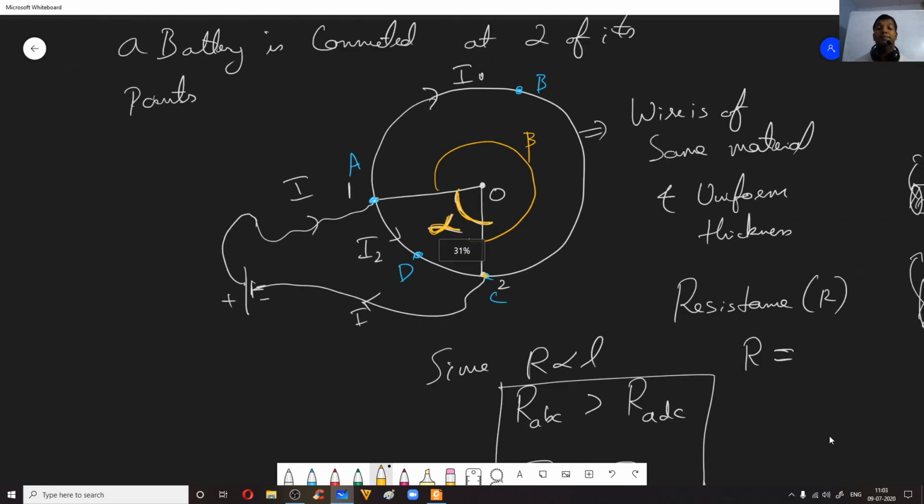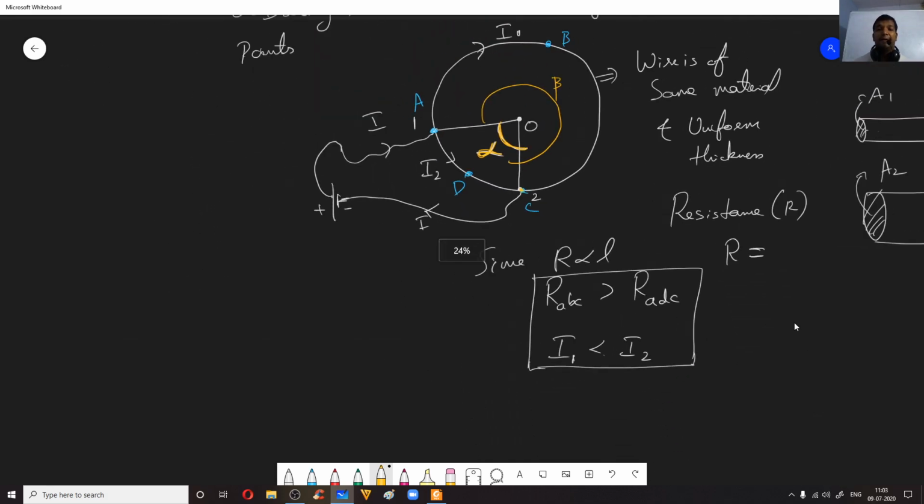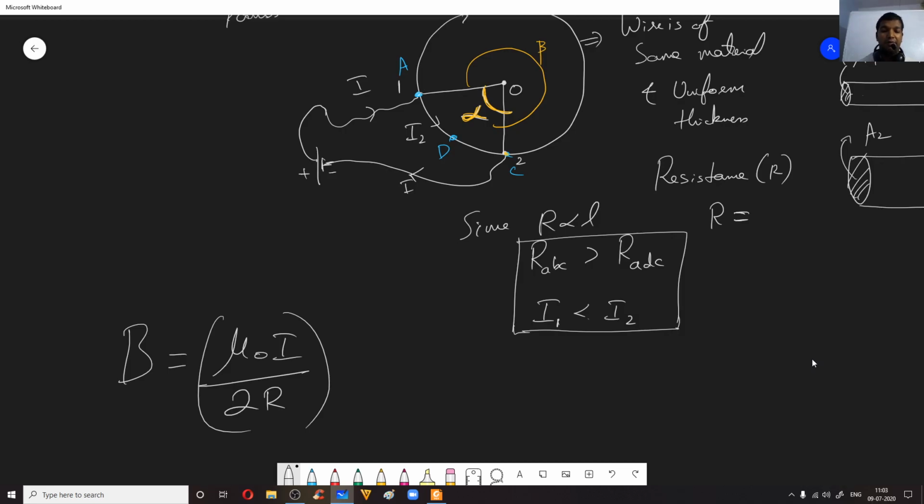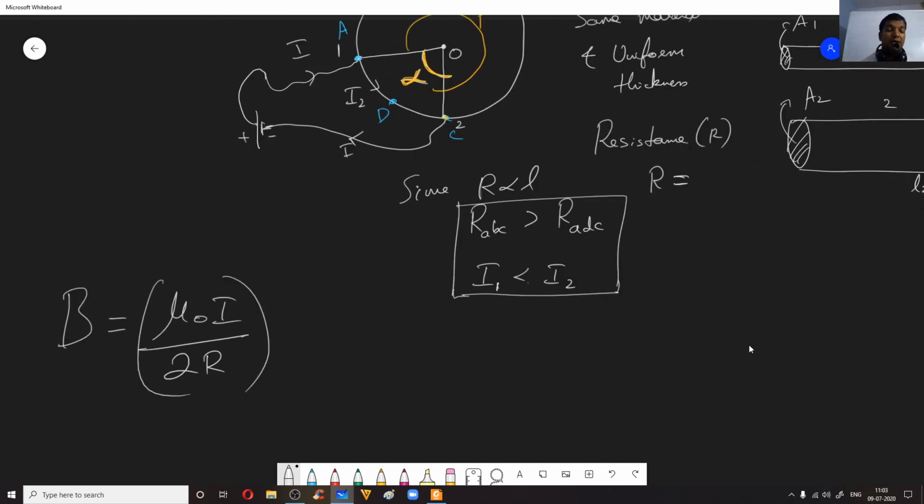Now it's like this. Magnetic field at the center is given by mu naught I divided by 2r. Now this is for the complete circle, complete loop. If it was for a semicircle, then we would divide it by 2. Now how to express this 1 by 2 in terms of angle? You could have written 180 degree divided by 360 degree.